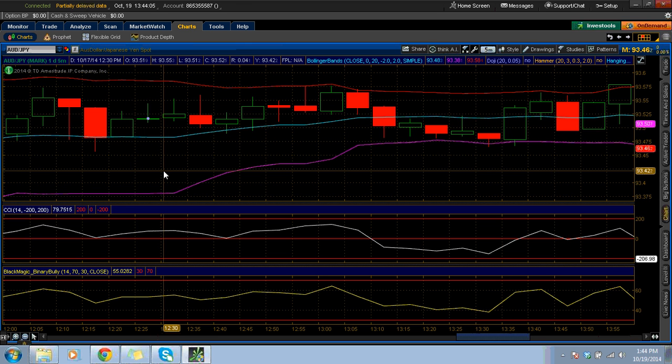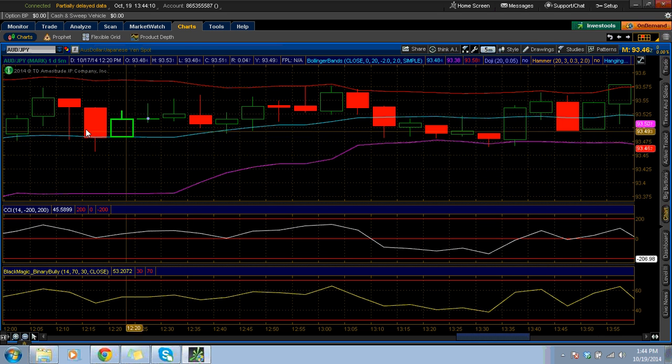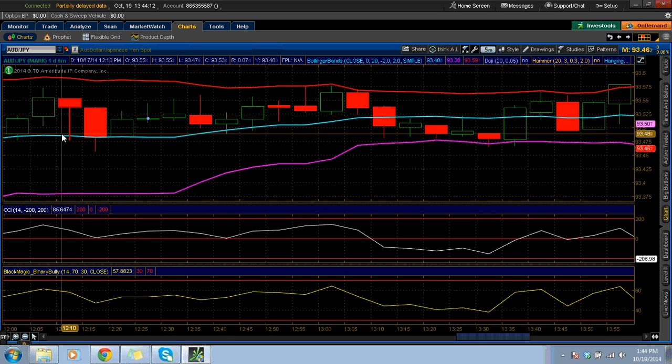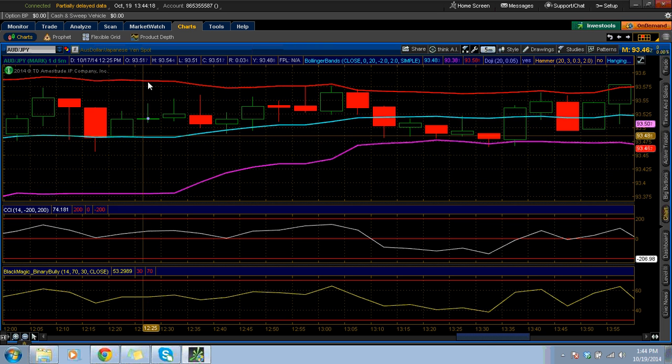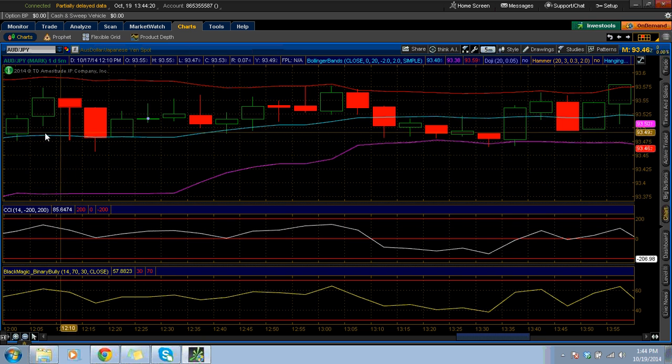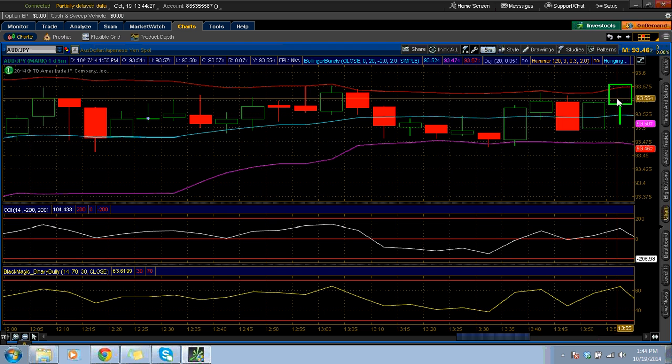It's not that you cannot trade during expansion, but the market needs to be in a setup like this, where it's going straight across. There's no uptrend or downtrend. If you're trading during expansion, it just needs to be straight across, okay? You're looking for green candles. When a green candle forms, okay,